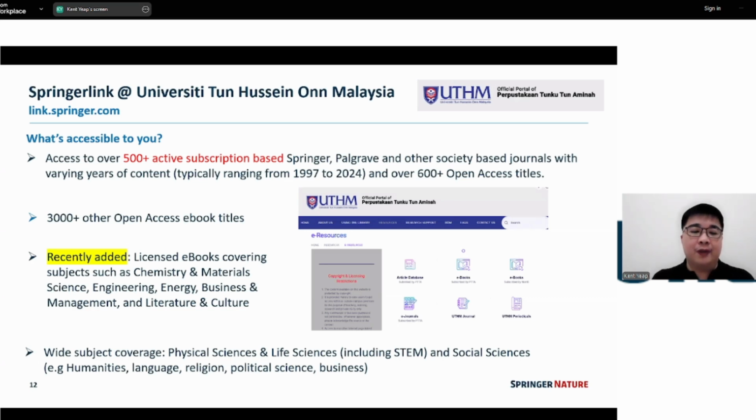So if you're from UTHM, I believe you're well covered by these platforms, especially in physical sciences. So you're probably coming from areas such as engineering, chemistry, physics, automotive. If you're doing research in areas like composites and materials, there's plenty of content for you then.